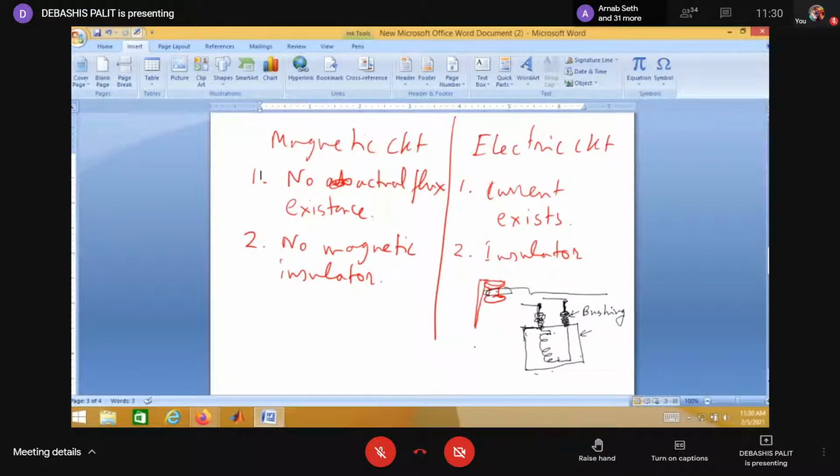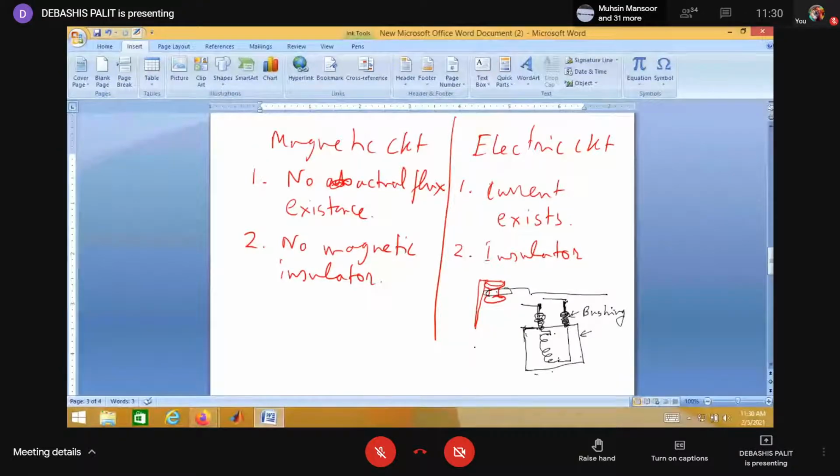That is a 70 Kelvin temperature. Cryogenic research labs are there in IIT Kharagpur, so their superconductive works are going on. In our Jadavpur University, no cryogenic engineering lab. So in cryogenic temperature, say near 70 Kelvin, the conductivity of that specific superconductive material may be 1,000 to 10,000 times more than a normal conductor. So it is not a magnetic insulator.